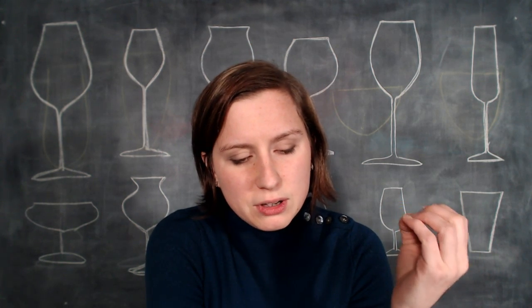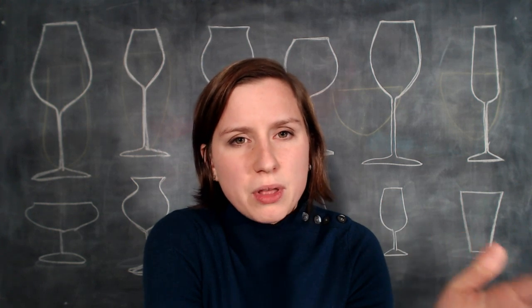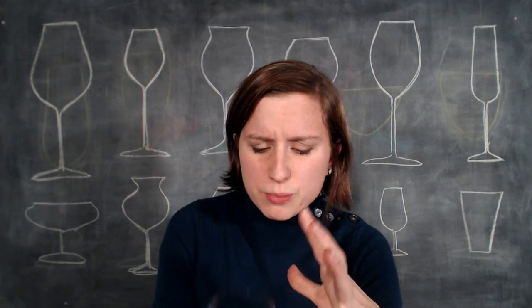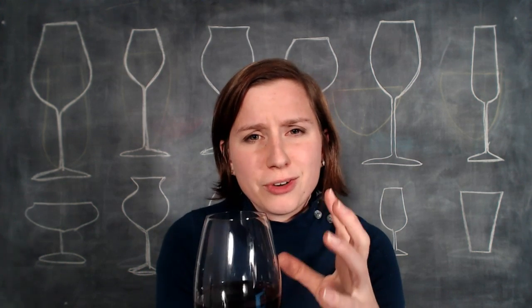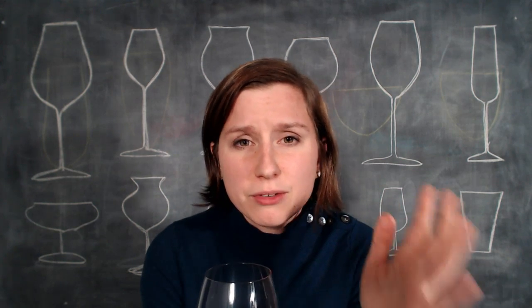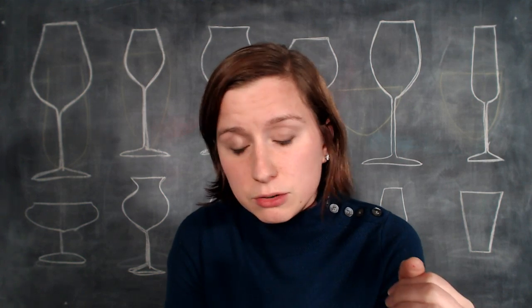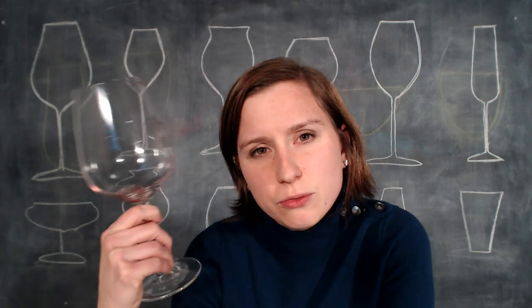If you're getting a white wine, like a Sauvignon Blanc, zesty, light, you might be more focused on these high-toned aromatics, the floral aromas, bell pepper, jalapeno, whatever you have in your Sauvignon Blanc, and this is a perfect way to experience this wine. However, if you have a full-bodied white wine, like a Chardonnay, you might want something where you have a little bit more aroma collecting. And the reason for this is,